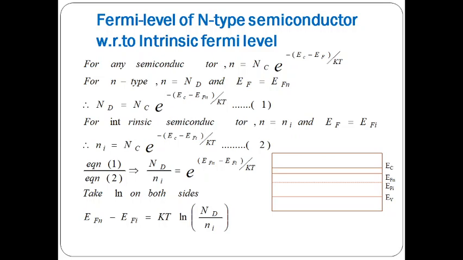the n-type Fermi level is closer to the conduction band and above the intrinsic Fermi level. Clear? Where it is a pure semiconductor, the intrinsic Fermi level is present at the center of the forbidden band. When you are adding fifth group impurities or elements to the pure semiconductor, it becomes an n-type semiconductor. When you are adding more impurities to the n-type semiconductor, the Fermi level of n-type material is closer to the conduction band and above the intrinsic Fermi level.